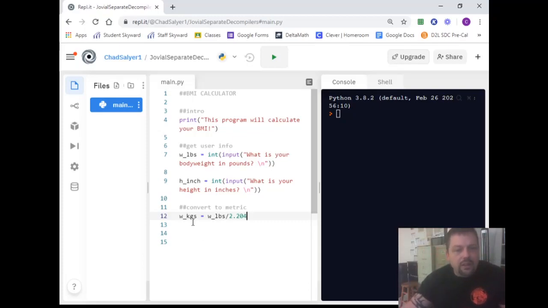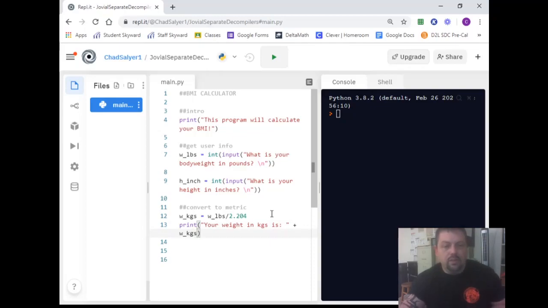So the weight in kilograms is going to be the weight in pounds divided by 2.204. And we can print out to the user, this will be a good bit of information. So we'll just print out what their weight is in kilograms so that they'll know in the future.